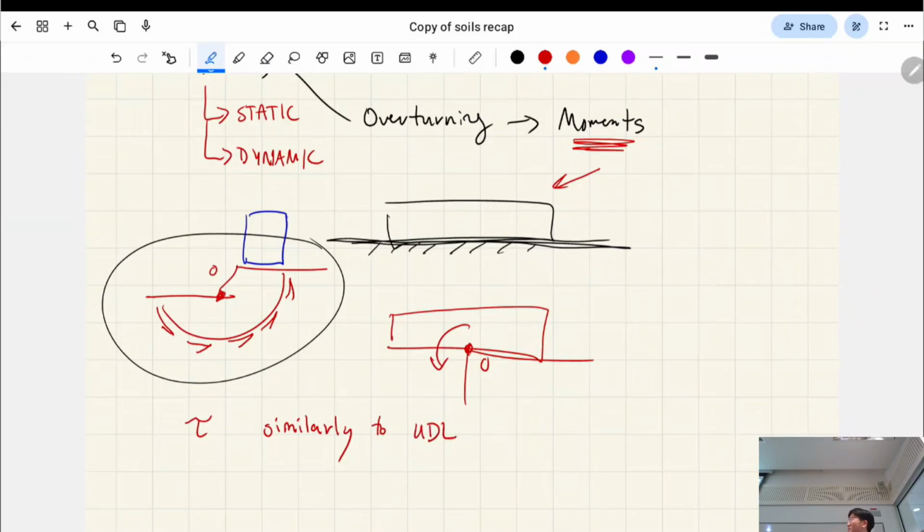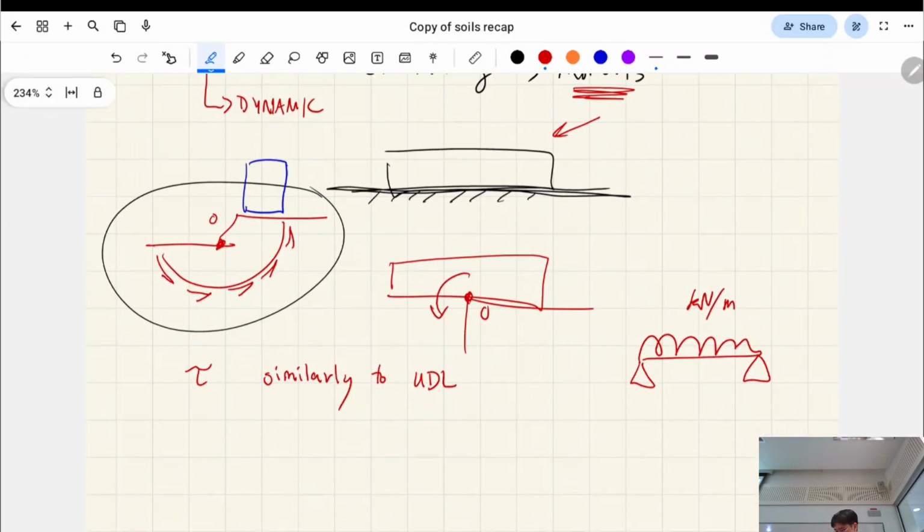I know that sounds a bit weird, but do you remember in 1300, uniformly distributed loads were these ones, right? So its units were kilonewtons per meter. So in one dimension, tau is usually kilonewtons per meter squared, but if we're looking at it in 1D, kilonewtons per meter, we have to multiply